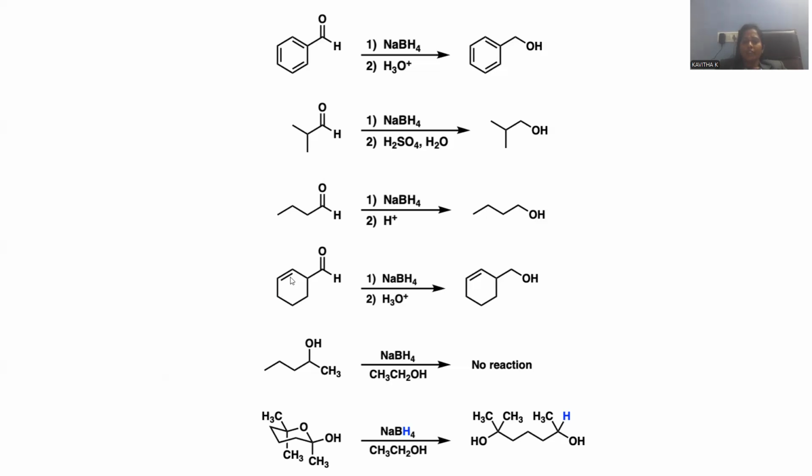Though we have an olefinic double bond and an aldehydic functional group within the same compound, sodium borohydride is selective for the reduction of the aldehyde rather than the alkene, because alkene is unreactive towards sodium borohydride unless mercury acetate is present. When mercury acetate is present, then only the olefinic double bond is reduced as well, also giving rise to alcohol. But sodium borohydride alone will selectively reduce the aldehyde, giving rise to a primary alcohol. That distinction we need to make.